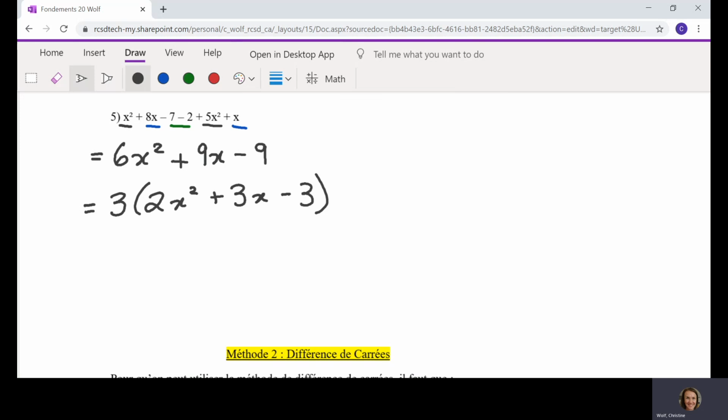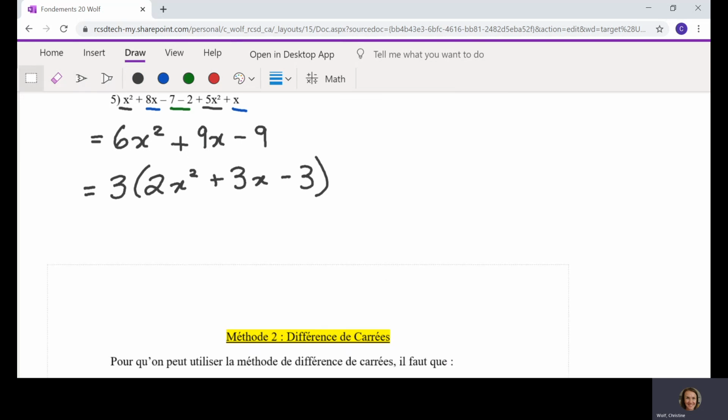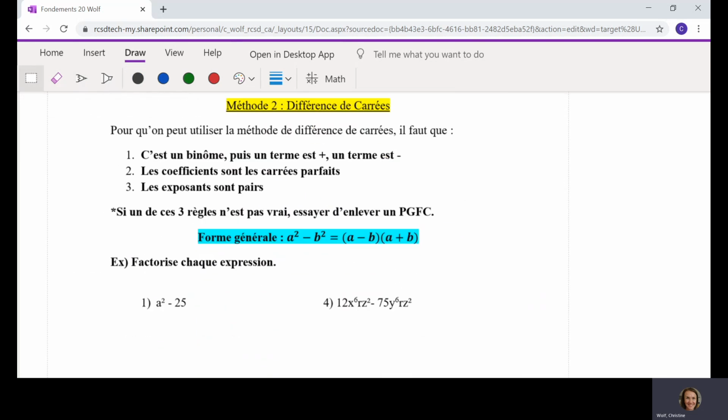OK, so voilà un rappel de méthode numéro 1. Aussi, aujourd'hui, on va faire méthode numéro 2. So, quand je vais vous enseigner ceci, quand je l'ai enseigné la première fois, j'ai parlé beaucoup à propos d'une checklist. You check off a few things, and if these few things are true, then we know it's difference of